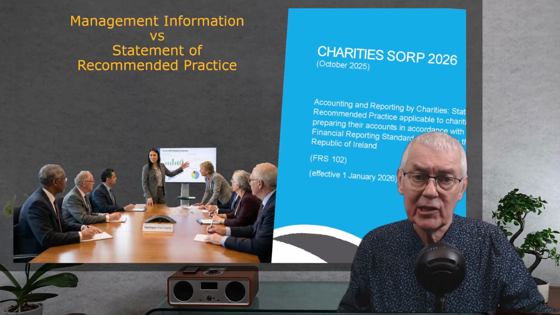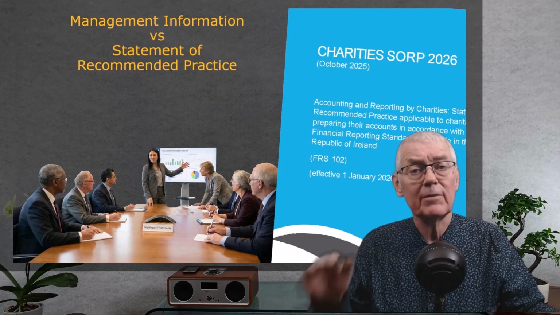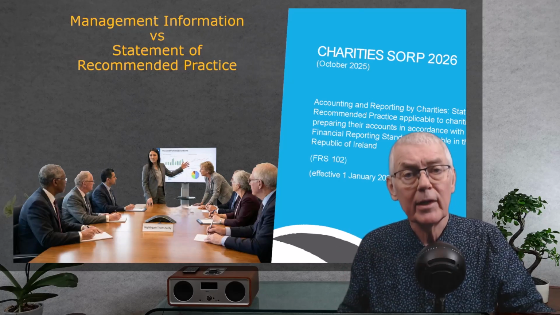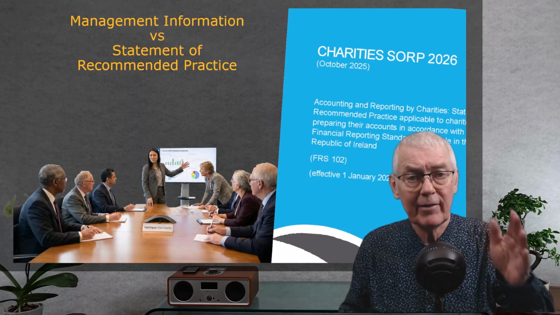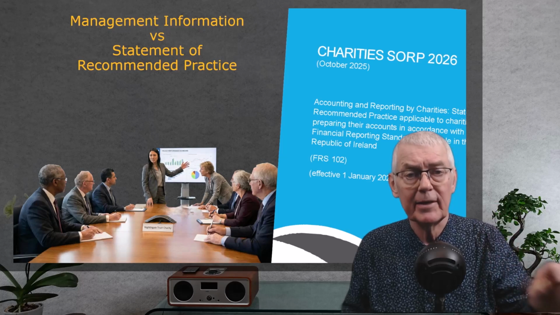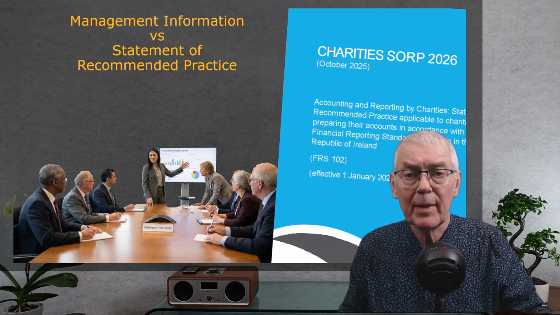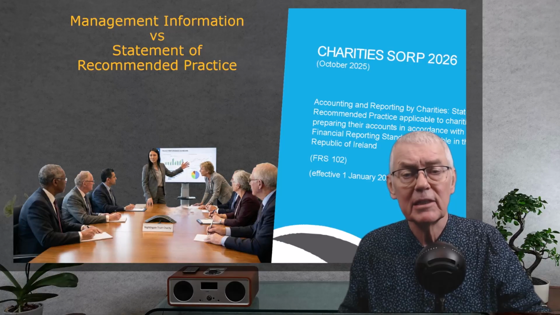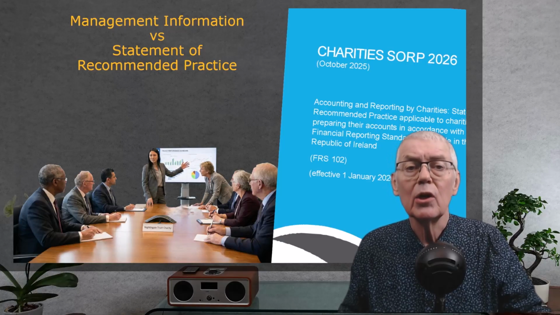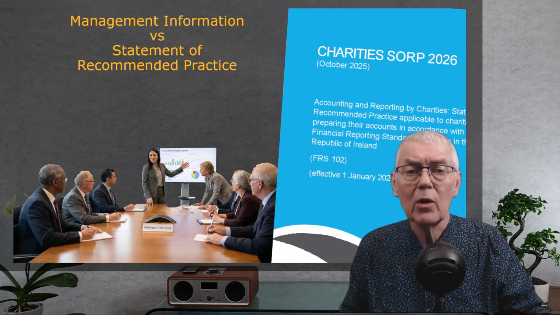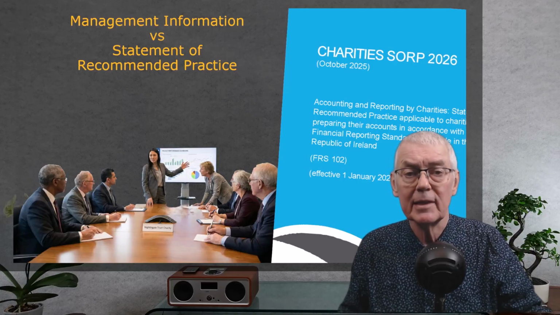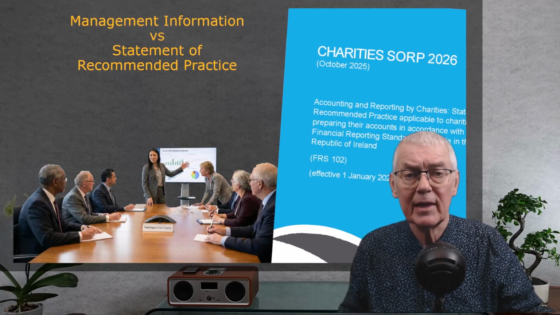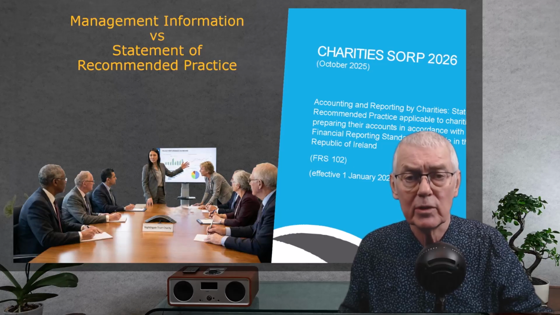The challenge is that not only do you need to satisfy the SORP for compliance, but more importantly, you need to make sure that your charity is operating effectively. You need to know the balance of each of the funds and the status of the projects versus their respective budgets. You want to be able to answer questions without spending days manipulating data. A good chart of accounts allows for this level of instant, confident reporting.